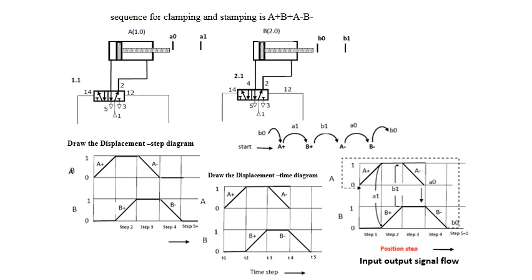Here also, the two cylinders are used with the different sequence A plus, B plus, A minus, B minus. To achieve this, when I say to control two double acting cylinders, we require two memory valves, that is, 5/2 position memory valves. Along with that, if you want to draw a circuit diagram, before that you should go with the displacement step diagram, then the displacement time diagram, and the signal flow diagram.